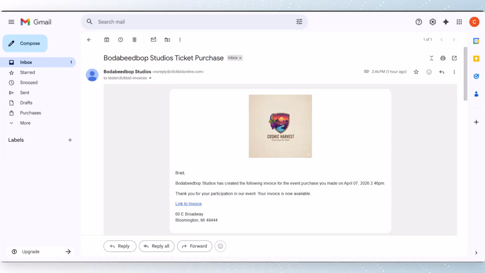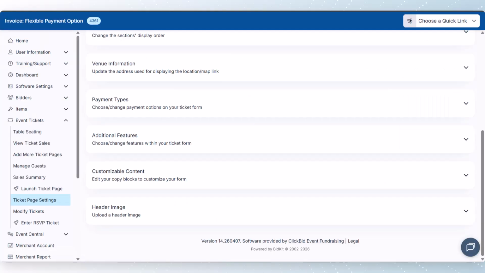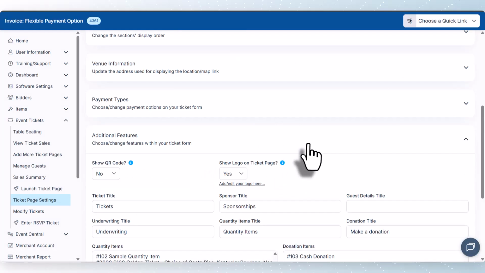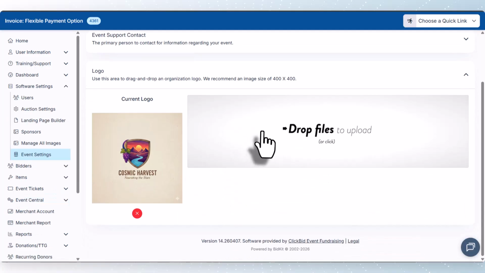Another new feature that you may have noticed already is that we allow the organization logo to appear on the invoice, similarly to receipts. To display this, it can be found in ticket page settings, additional features, and here you will see show logo on ticket page. This logo will show on the ticket page, the invoice, and the order confirmation page. Just have to switch this to yes. And here is a quick link where you can quickly upload your logo, which is just found in software settings,